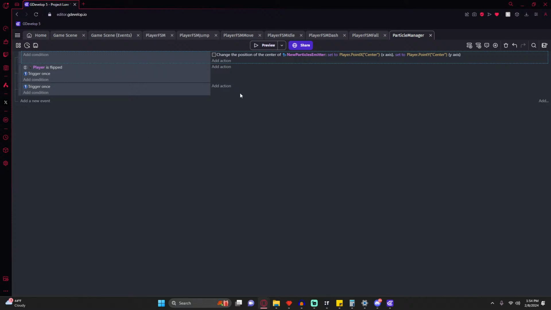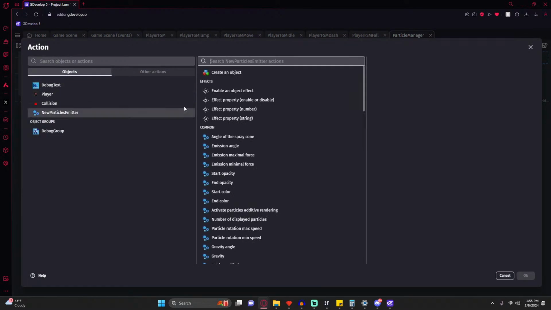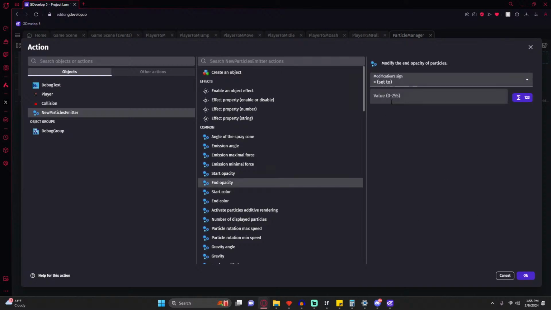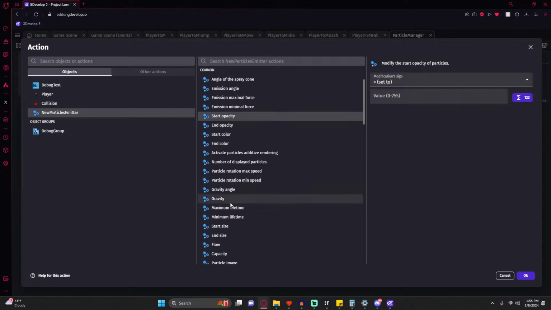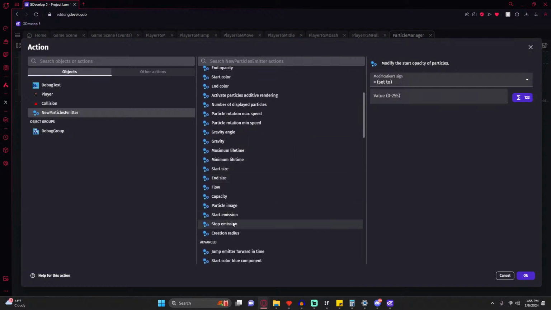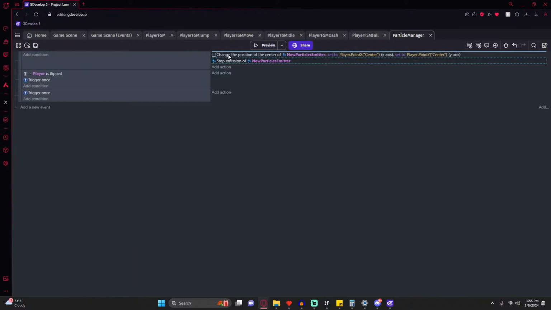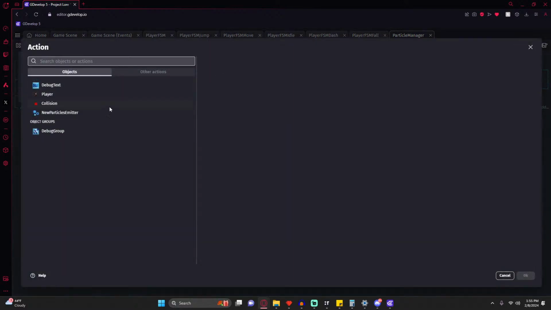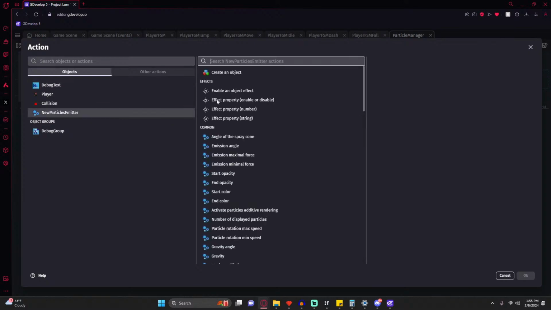And we want to stop the emitter. End start opacity, stop emissions. So at the very beginning, always stop the emission, change its position. And then if the player is flipped, then